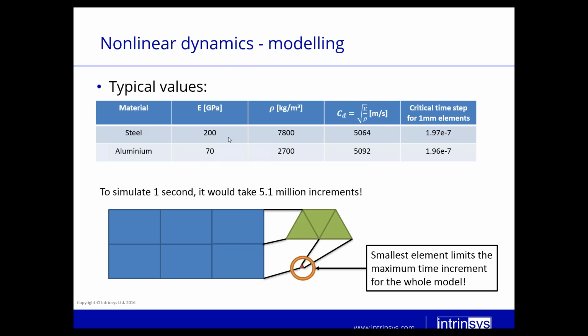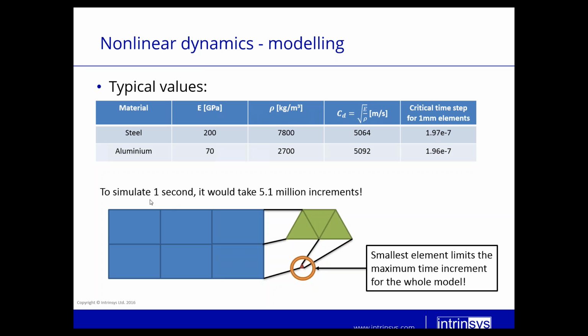So in this table you can see typical examples. Steel, usually it's about 200 GPa Young's modulus, and about 7,800 kilograms per cubic meter. So that would work out to about 5,000 meters per second wave speed, and that results, if we assume that you meshed with a 1 millimeter size element, which is not too small, you can easily have much more refined meshes, then your critical time increment is 1.97e-7,